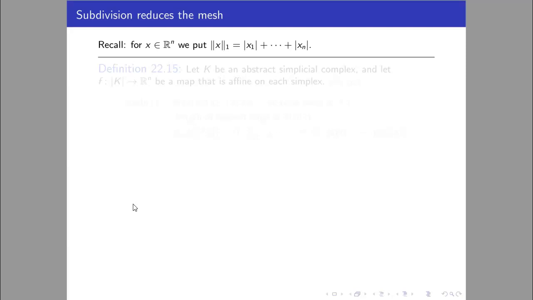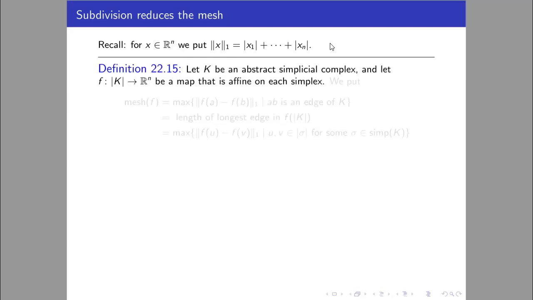It turns out the most convenient one to use for our present purposes is the L1 norm. So the norm of a vector x is just the sum of the absolute values of the entries in x. Okay. And so the distance from x to y we're going to take as the L1 norm of x minus y. Okay, so now we've got some abstract simplicial complex K, and suppose we've got some map F from